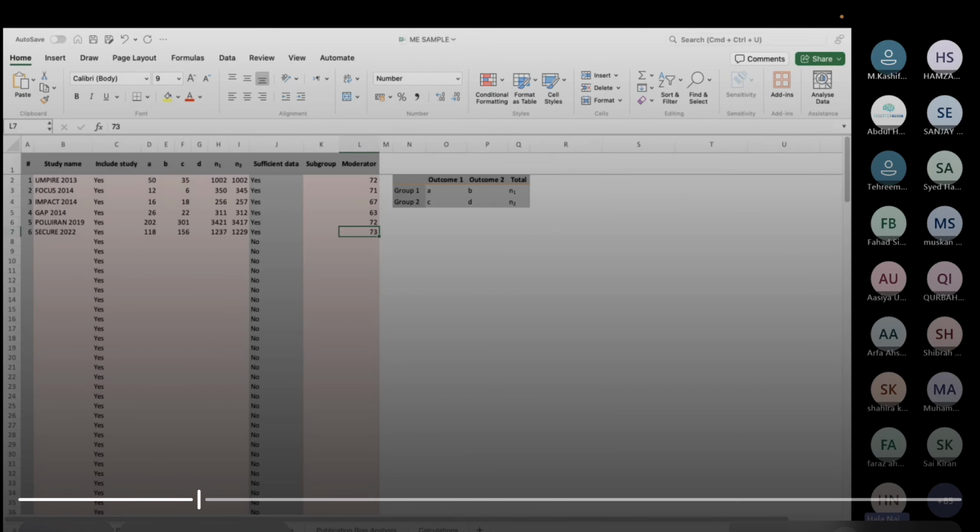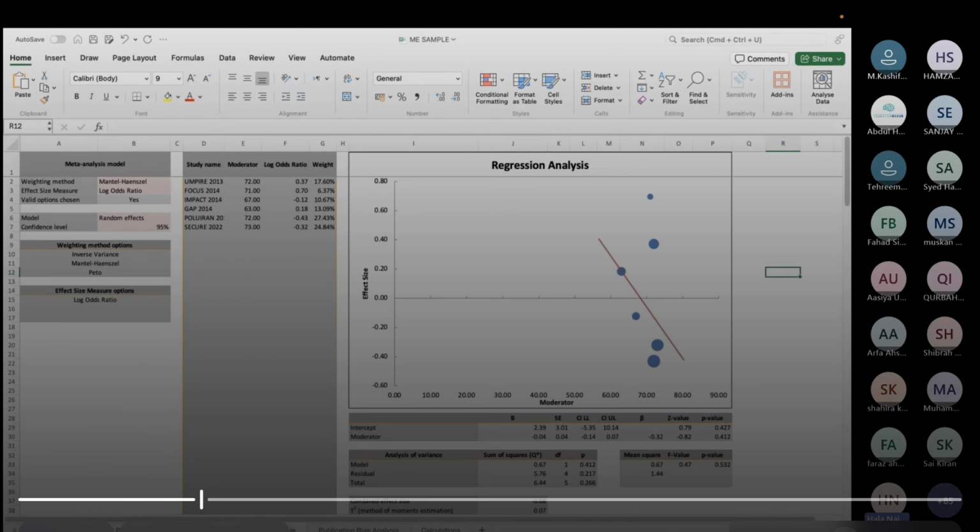Mariam, what do you want me to repeat? Guys, please be specific with what you want me to repeat. I simply added the mean age values here, and then click on the, look at the bottom of my screen, moderator analysis दिख रहा है? Moderator analysis tab पे click करने बस.